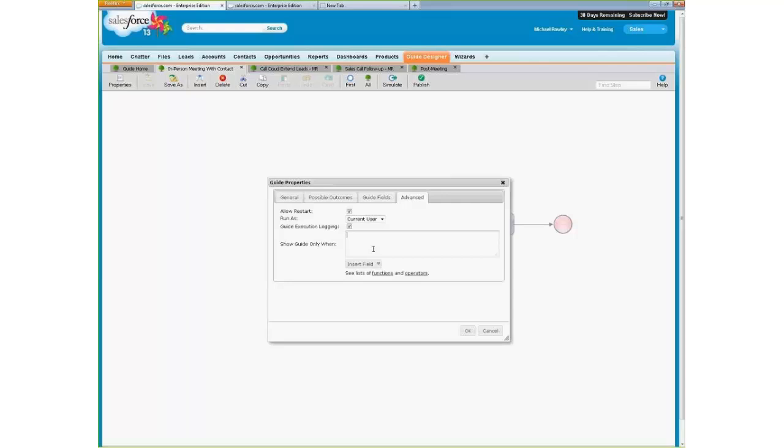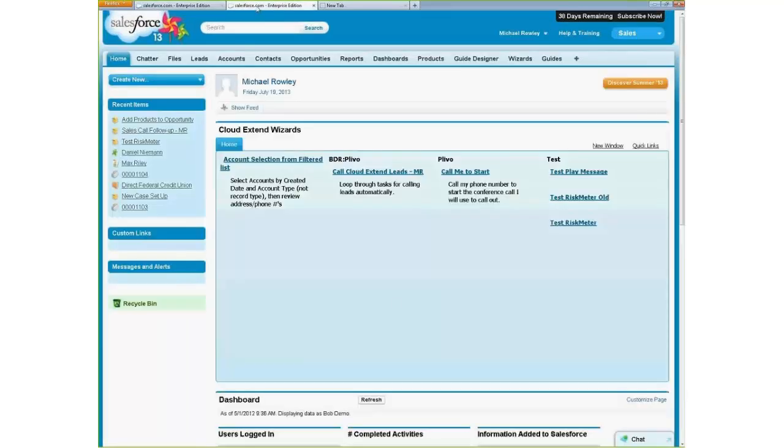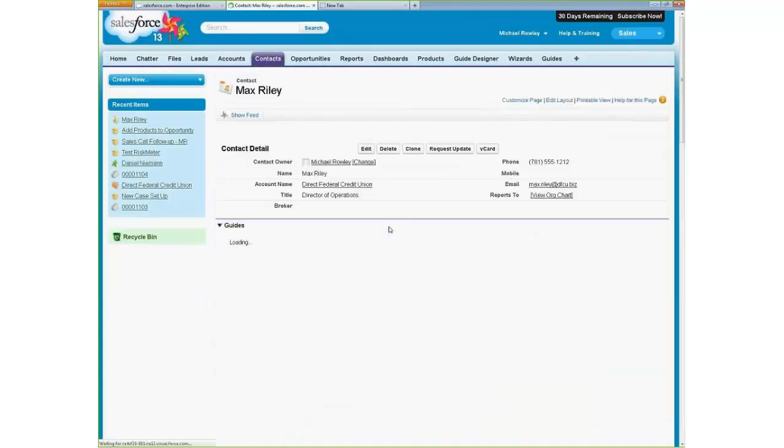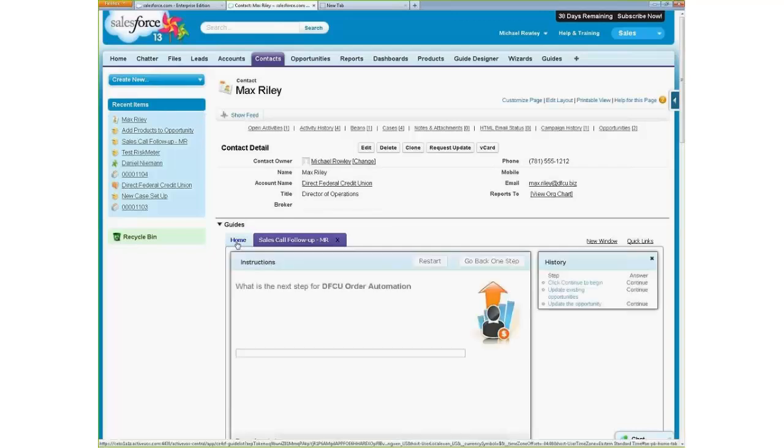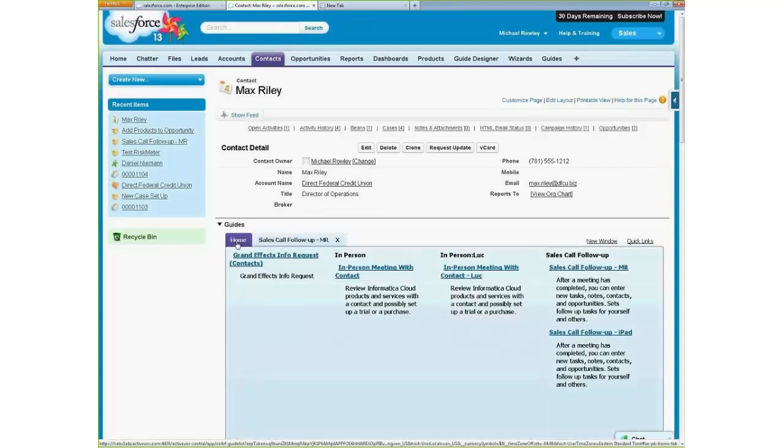This is show guide only when. This has to do with what we call the guide navigator that you can put on any screen. This list of guides, as you already know, shows you the guides that are appropriate for the page that you're on. And normally, if you don't say anything else, it's just all of the guides that have been published that are for this object type. But sometimes you would like to have it only be shown to a certain kind of user, or only when a lead is open or an opportunity is open, or the status or stage of an opportunity is a certain thing. In order to handle that,